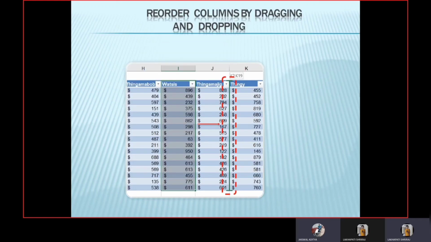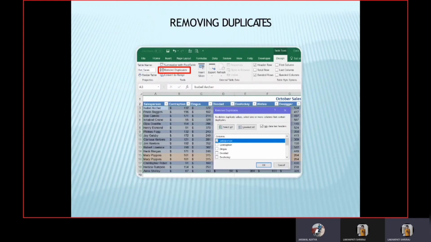Firstly, select one or more columns from which you want to remove duplicates. Now, in the toolbar, select the option Design at the right. Then below the bar, certain options will be visible. Select the option Remove Duplicates from the tools. Then the Remove Duplicates box will open.